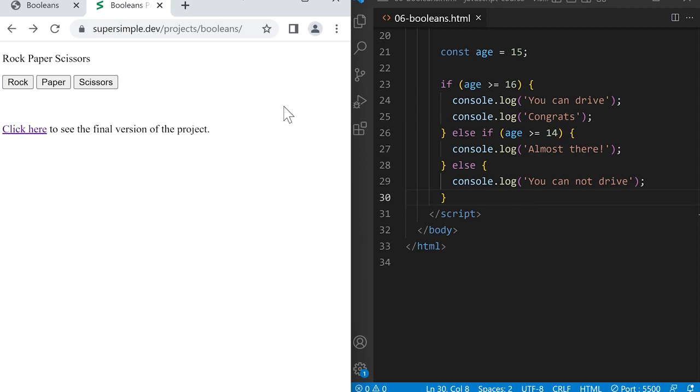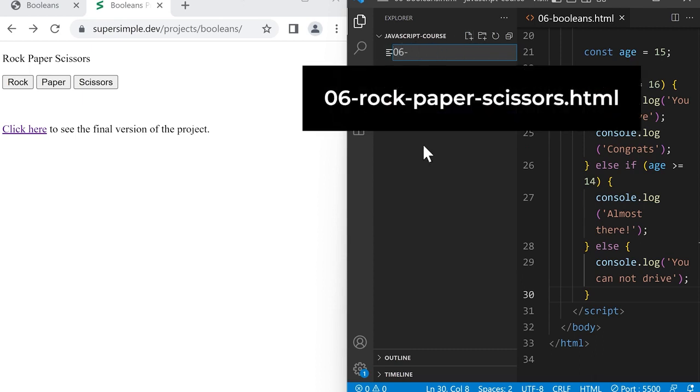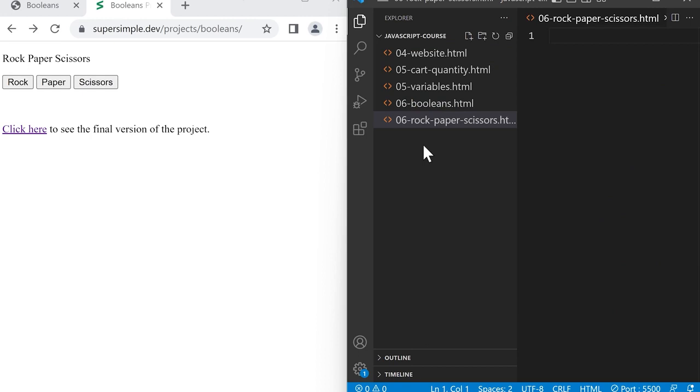First, we'll create a new HTML file just for this project. Let's go to our code editor and click here and create a new file. And we're going to name this file 06-rock-paper-scissors.html and press enter. Next, let's copy all the code from booleans.html into this new file. So we'll open this again,